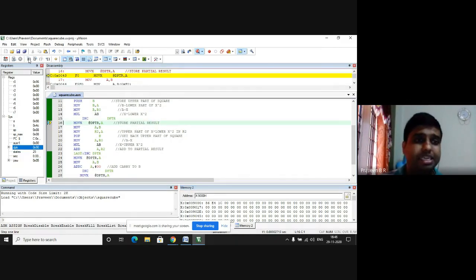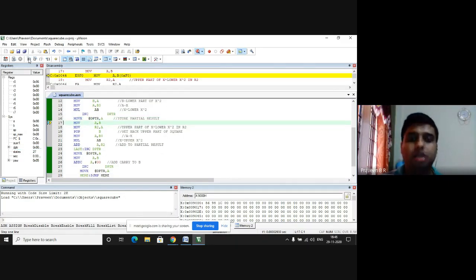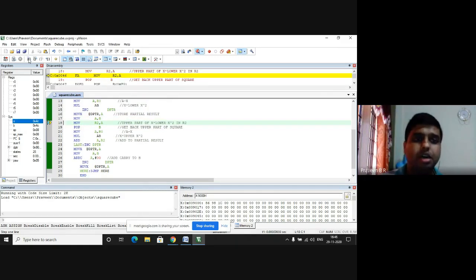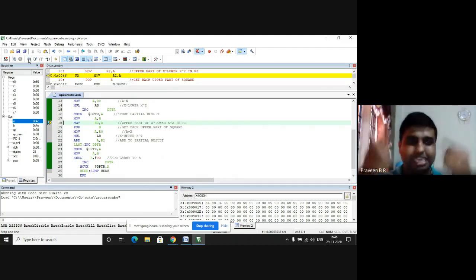The data present in the accumulator, 98, will be stored in the 9001 memory location. The higher byte 4C will be stored in the accumulator now. After that we are popping the data, that is 1C, back to B. So 1C comes back.